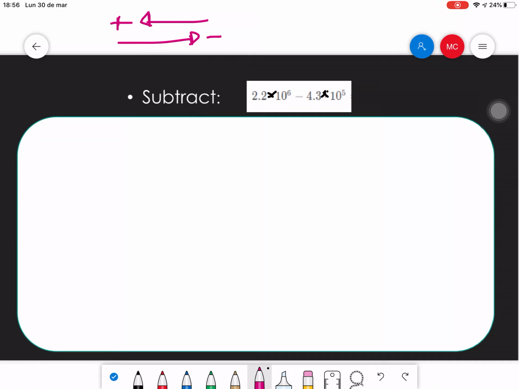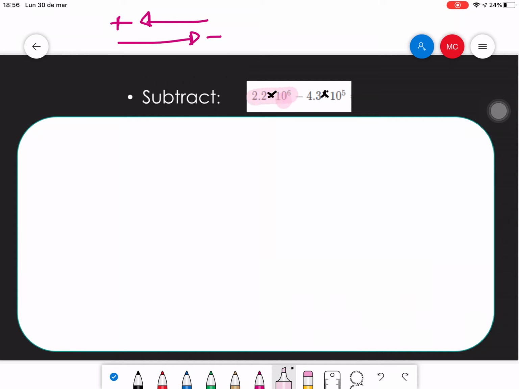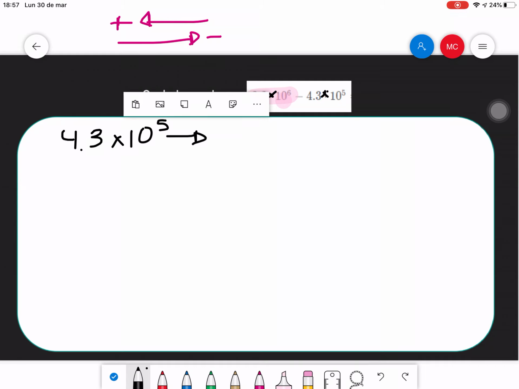The step 1 was identify the number with the biggest exponent. And I know the number with the bigger exponent is this one. So that one will stay the same and the second one will change. It is 4.3 times 10 to the 5th power. That number is going to change into the other one. Why? Because I need to make the smaller one as the other exponent. I need to convert that into the other exponent. So I do the same process and I say,